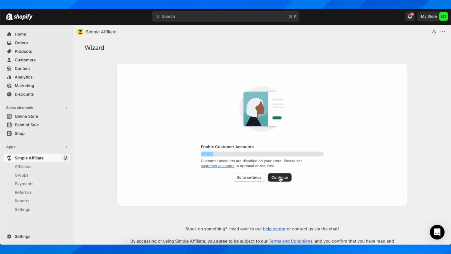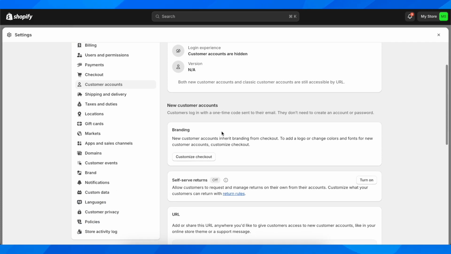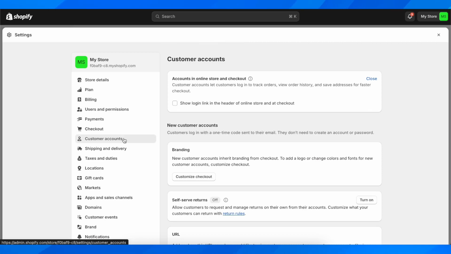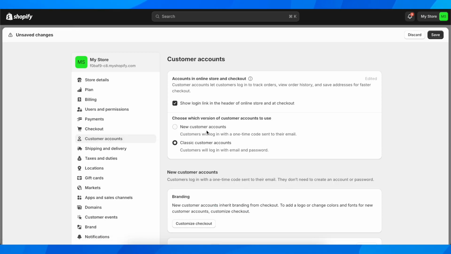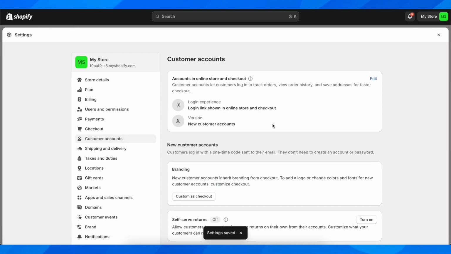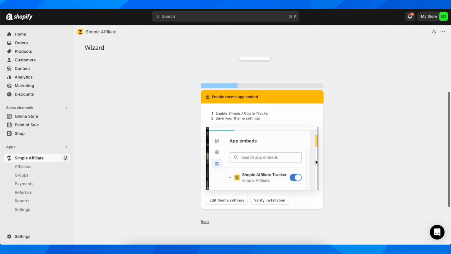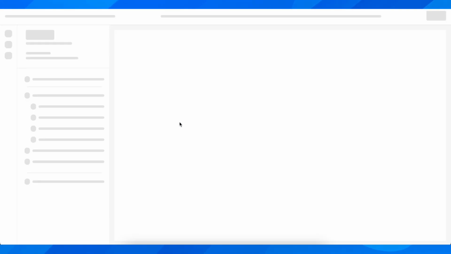So now we're gonna have to simply click on continue here. So I'm gonna enable customer accounts. So what you're gonna have to do is simply go to customer account here, and we should enable this. So let's see where it is. Now what you're gonna have to do is simply go to our team settings here, and now we need to